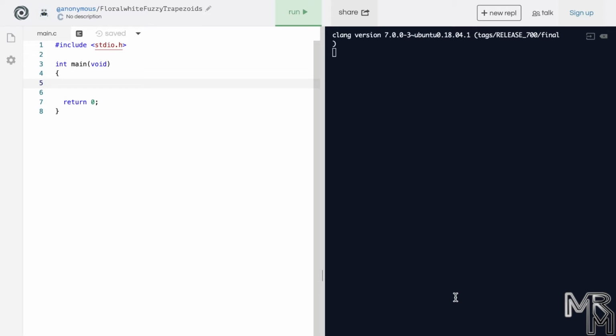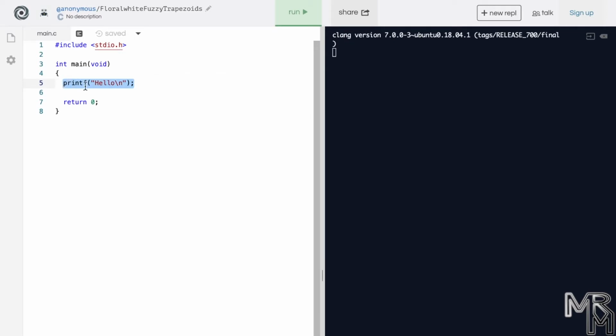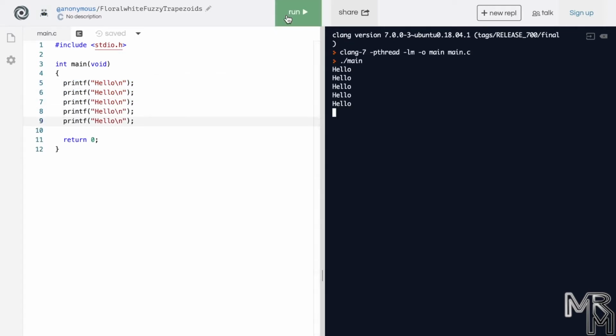The most obvious solution is to call the printf function with the same text, hello, 5 times, like this. Seems doable, just a bit of copy pasting. But what if you want to write a program that will drive the user absolutely crazy by printing the word hello 100 times? Copy pasting is still doable, but way more annoying. Fortunately, unlike humans, computers are very good at repeatedly performing the same action a huge number of times. And to make them do that, we can use what's called a loop.